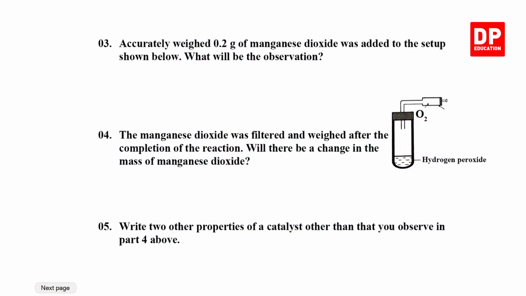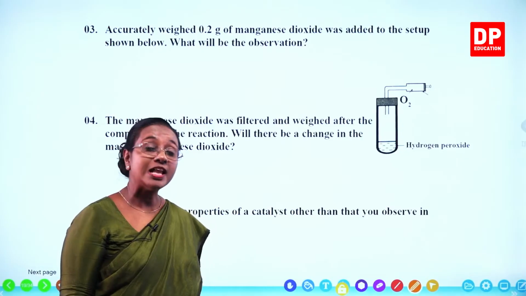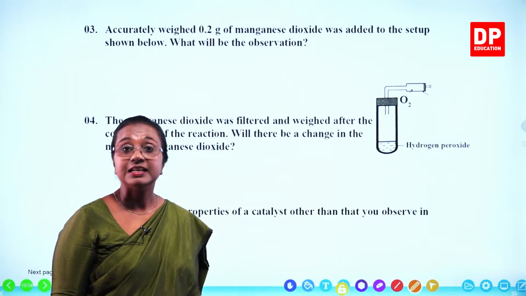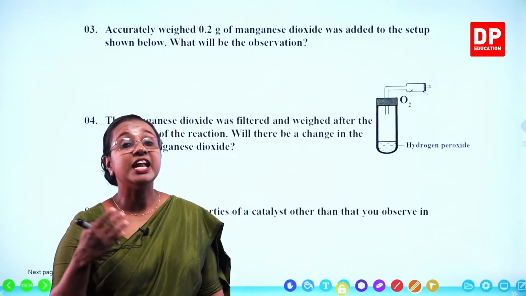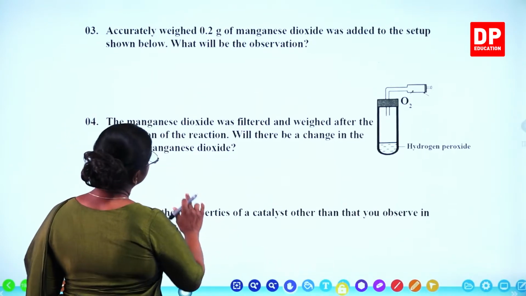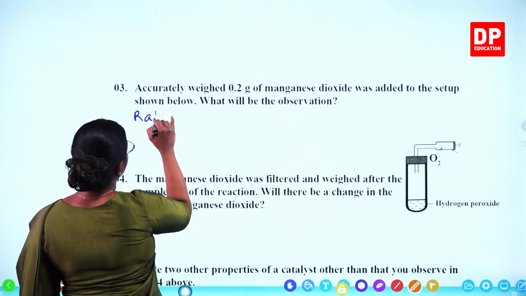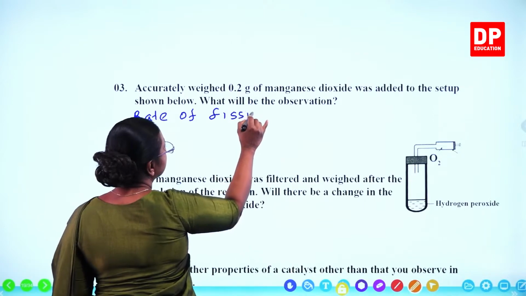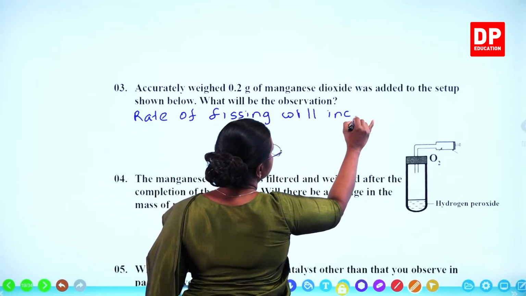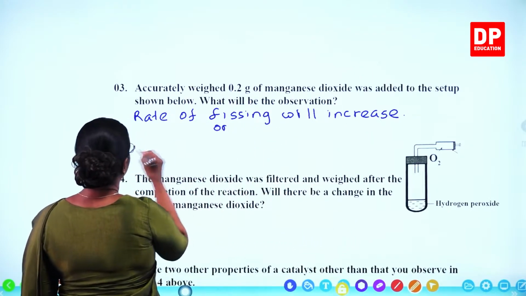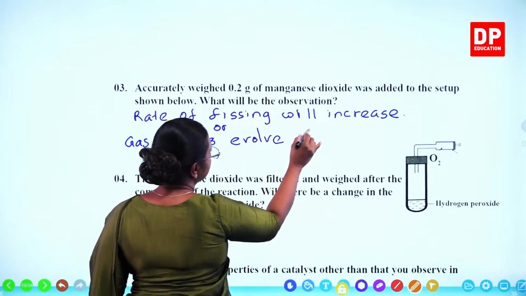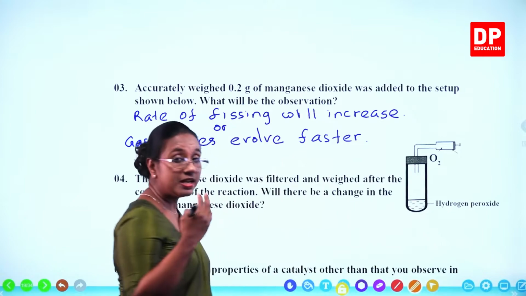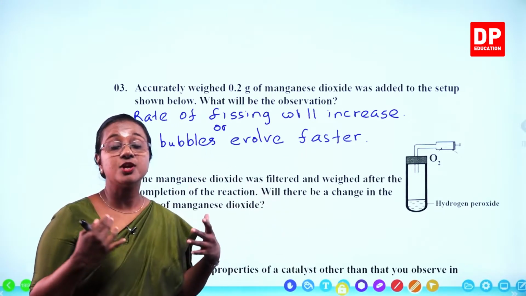Third one, accurately weighed 0.2 grams of manganese dioxide was added to the setup shown below. What will be the observation? What will happen when you add manganese dioxide? That is a catalyst that increases the rate of dissociation of hydrogen peroxide. So what will be the observation? The rate of fizzing will become faster. You can say rate of fizzing will increase, or you can say gas bubbles evolve faster. Gas bubbles are liberated faster, gas bubbles evolve faster, anything is fine as long as you say that the rate